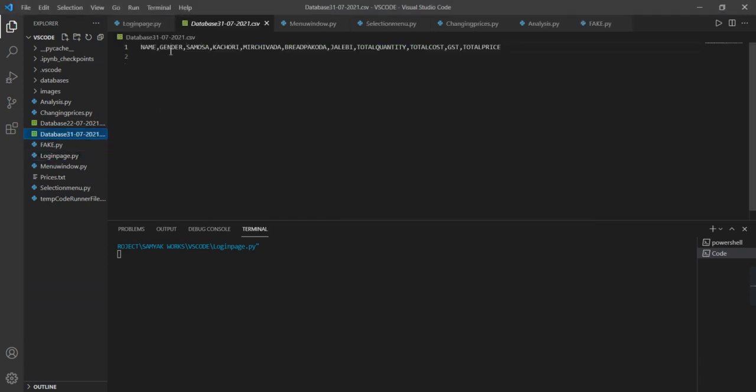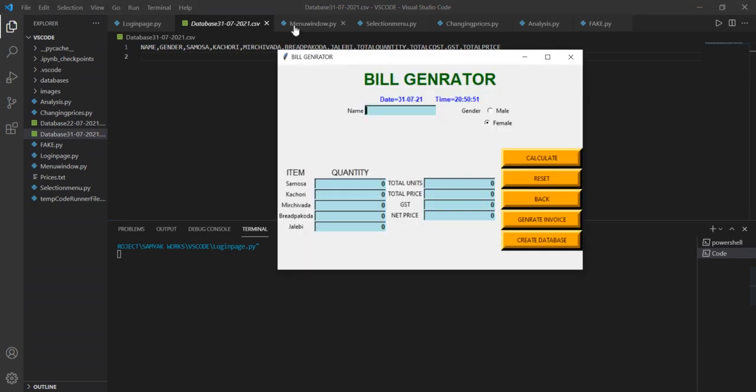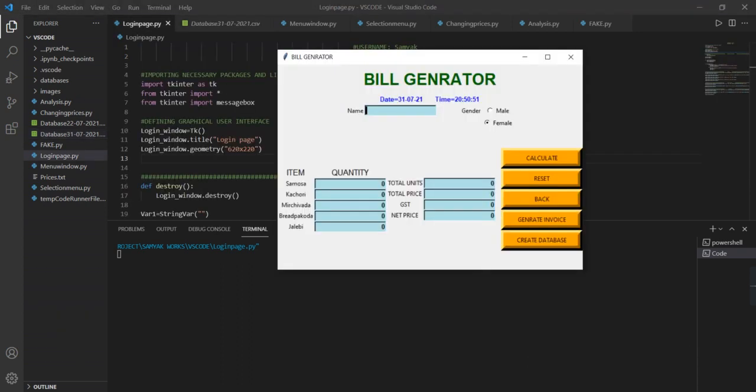We can see the database contains the name, gender, and our items name, quantity, GST. So let's move to our project and feed the data into the entry fields.